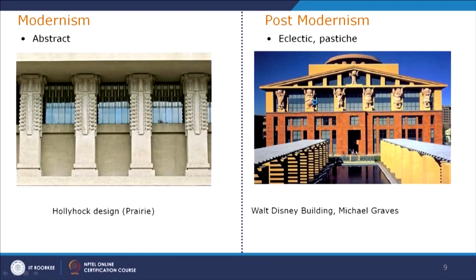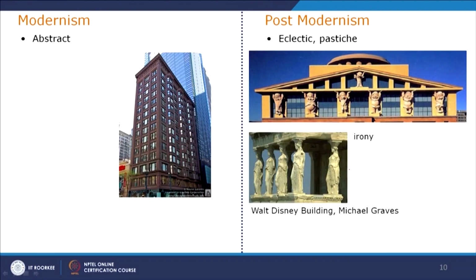Now the way of abstraction also can be seen in the hollyhock design, where the hollyhock flower is abstracted in a very pure geometric way. The abstraction in postmodernism is not geometric. It can be in a different way, and it can also be mocking something. For example, in this building, if we look at the next thing, this is taking from the expression of a